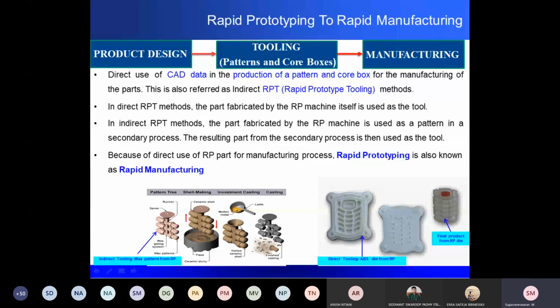So this metal will evacuate the wax which is kept inside the slurry, and this wax is replaced by metal. Allow the metal to solidify, and after solidification, using air or high pressure water, you remove the slurry and you will get a final component. This is the traditional investment casting process which you all have studied in casting or forging. I think you might have studied this topic, investment casting.